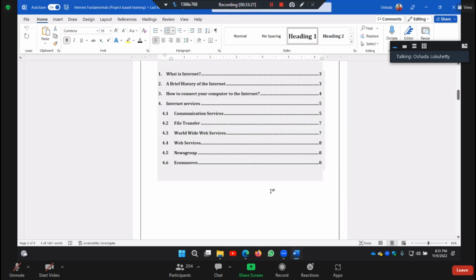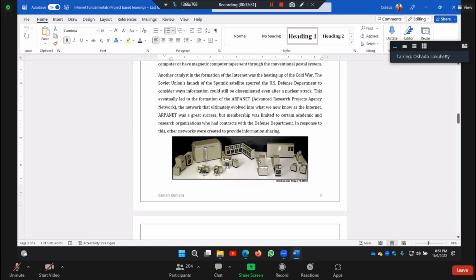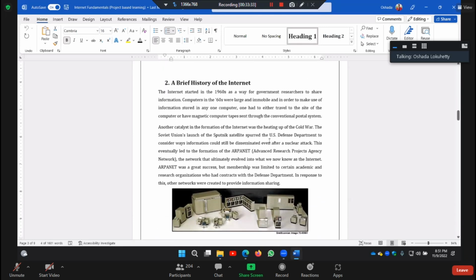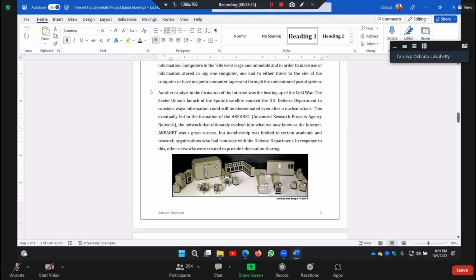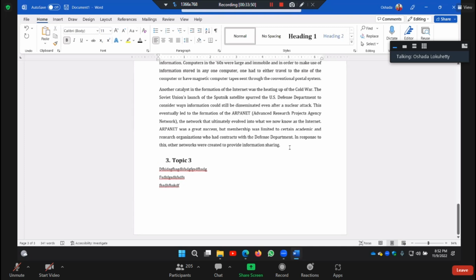So that is how we create a table of content. So in this document, you see another image is inserted here. Inserting an image is very easy. That is now not a big trouble for you. So in order to insert an image like this also, what you have to do is